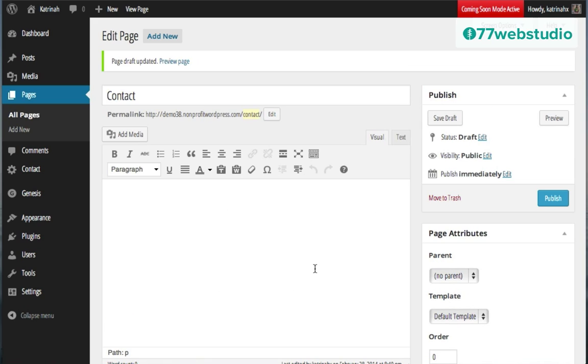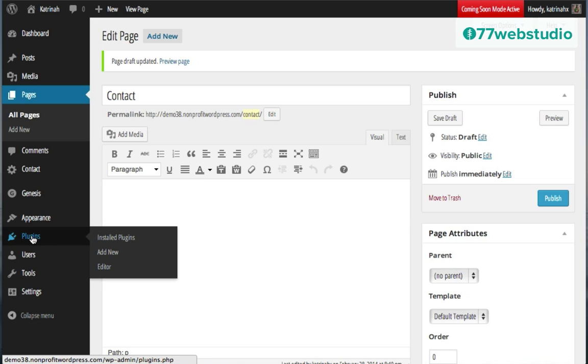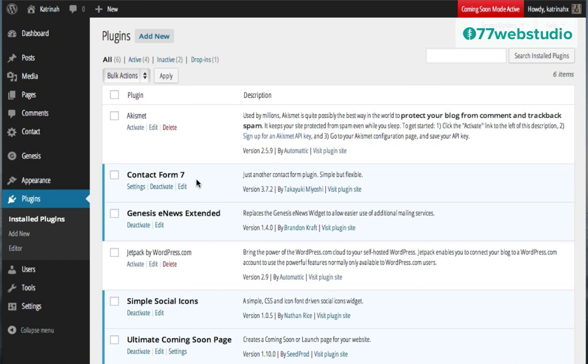Now note that earlier in the video we had added a plugin called Contact Form 7 to our WordPress website, so that is going to serve us now. So to check out the code we need for the contact form, I'm going to go back to my plugins page right here by clicking on Plugins. And here we can see the Contact Form 7 plugin, which we added earlier in this video. If you haven't yet added this, then you're going to want to do a search to add a new plugin by clicking on Add New, and then you want to search for the Contact Form 7 plugin and install that and activate this plugin. Once you have that here in your plugins list right here, to find the code, we want to click on Settings.